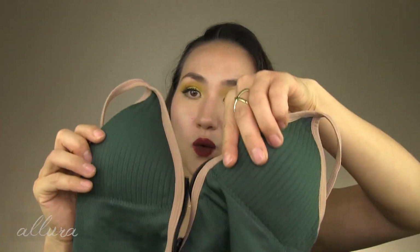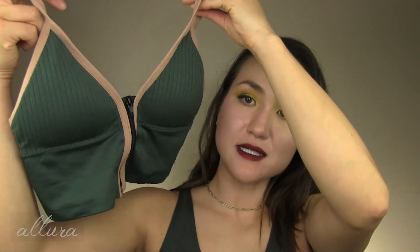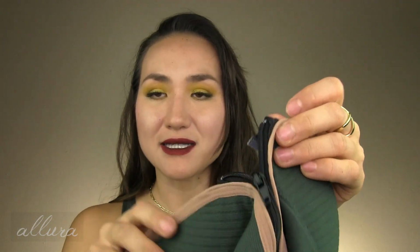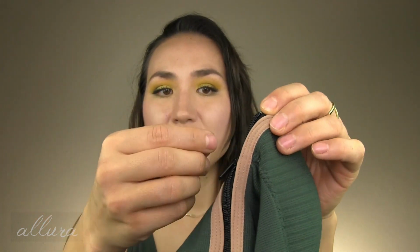And then this was another crop top that I was really looking forward to wearing. So that's what it's supposed to look like zipped up. A, it's too small, but B, this zipper does not stay up. So even for someone who doesn't have a large chest like me, this zipper just does not stay completely up. So it kind of falls down as the day goes on. Even if it did fit, I wouldn't want that to happen. So unfortunately, a lot of the tops that I got were a disappointment, but these pair of shorts that I